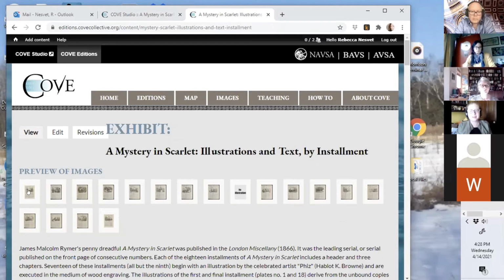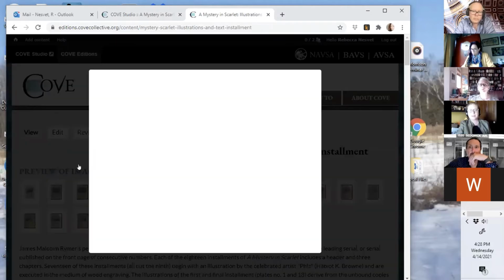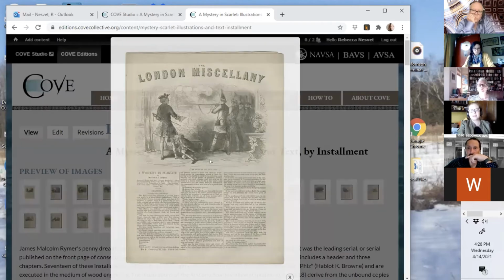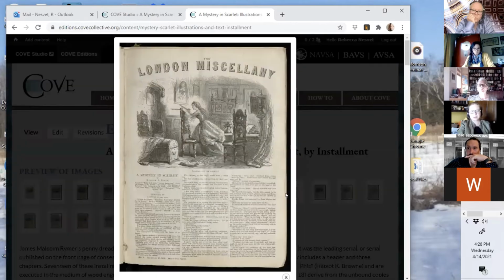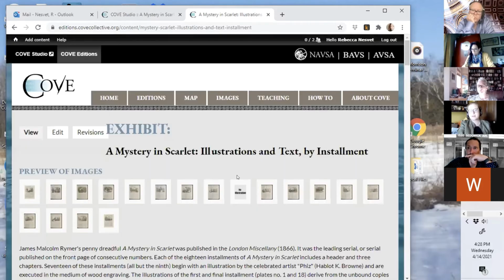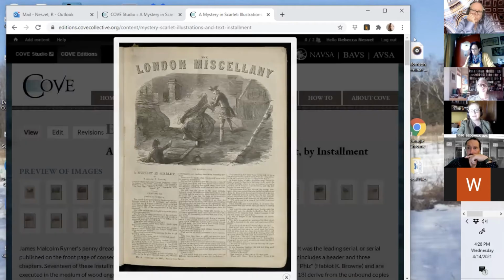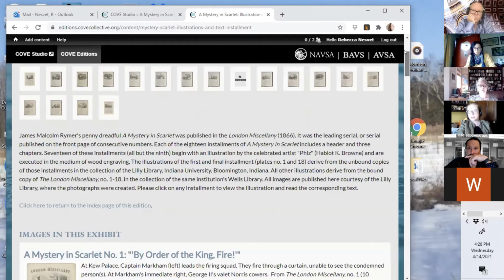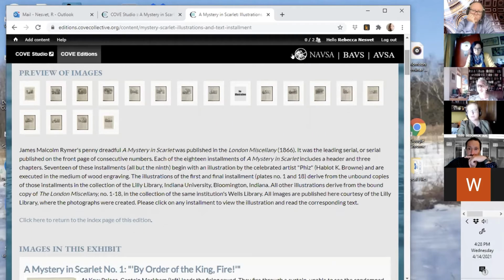So you can actually browse this edition in the same way that many Victorian recreational readers would have, by looking at the front cover first and seeing, well, is that a number that I would like to read? You've got the illustration on the front cover and the first page of the text, and you can look at each of the numbers in which A Mystery in Scarlet appeared this way, and then choose one to read. You don't necessarily have to read it in order. It can be as nonlinear an experience as it was for the Victorian reader. There's one